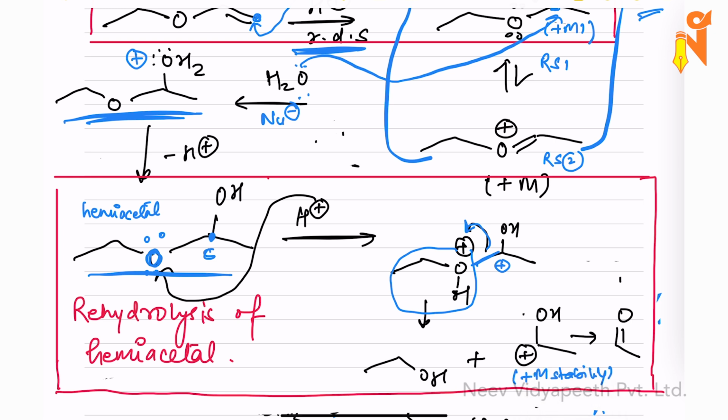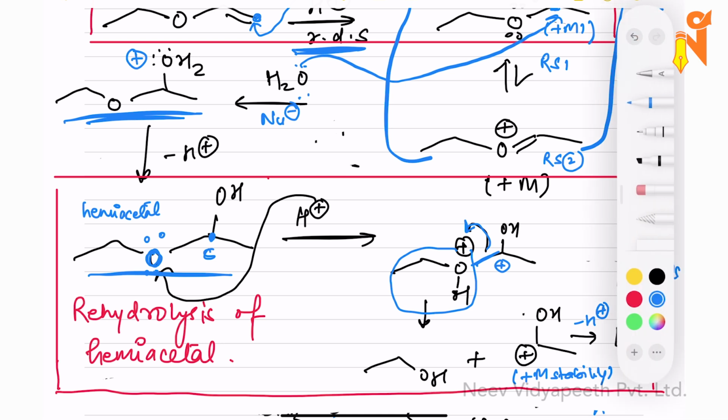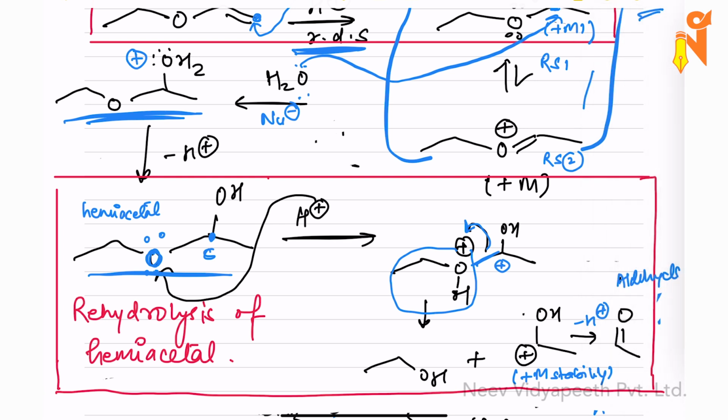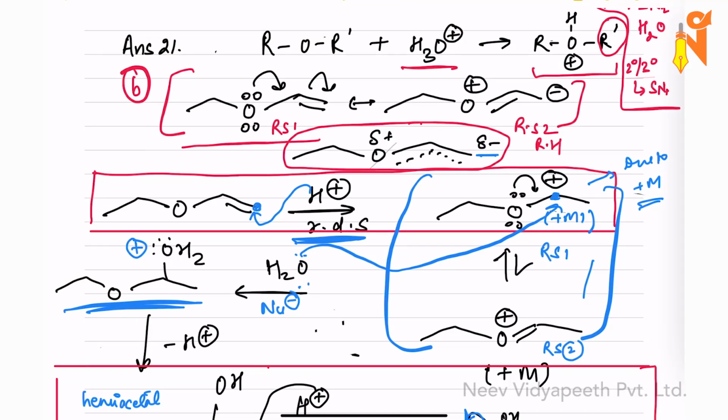After that, there is no need for anything else, it can just remove the H+ and form the respective aldehyde. So whenever any vinylic ether is taken, you will find the reactions happening in a similar manner every single time. As I said, the carbocation stability decides the rate of the reaction. Among all of the other options, this had the best stable intermediate, the best stable carbocation, and that is the reason why B is the right option.